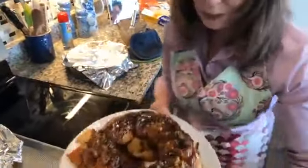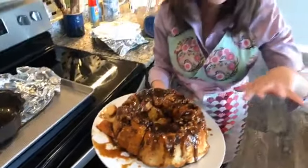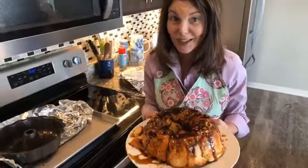Yummy, ooey, and gooey. Can you see that yumminess? And no knife or fork necessary for this. This is one of those you bring it to the table and just kind of pull it apart. It's one of my family's favorite recipes, and I'm telling you, even if you don't make it for Easter tomorrow,